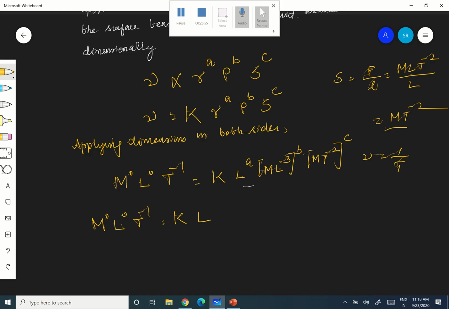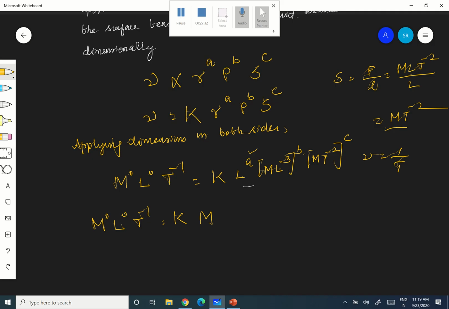Therefore, L power, here L power A and here it is minus 3b, right? Okay. Therefore, you can say that first m power, okay, L power A, okay, then minus 3b, right? Here m power first, okay. Because I have written m power 0, let it be in terms of m then. Okay, therefore m power